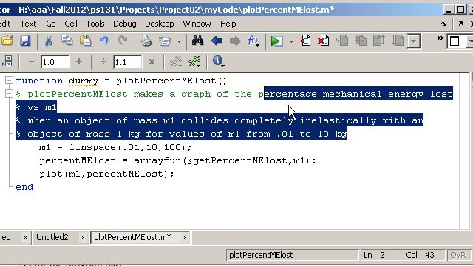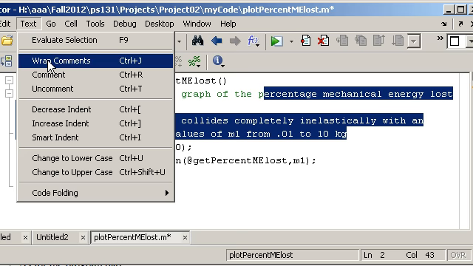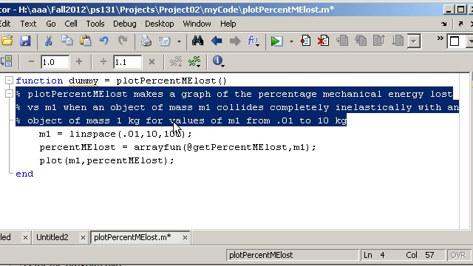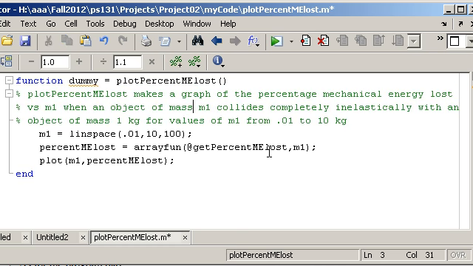Alright, what happens if I undo the wrap comments? Oh, that actually looks much better. Yeah. Oh no, I think some of it is running beyond there. No, %mechanical energy loss versus m1 when an object of mass m1 collides completely inelastically with an object of mass 1 kilogram for values of m1